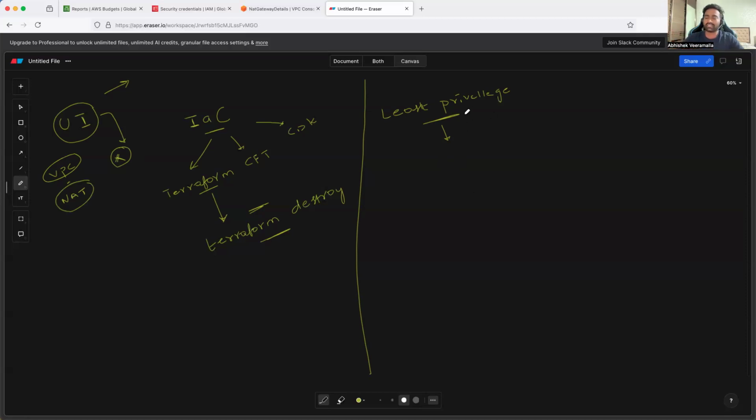What is least privilege? Least privilege says that give access only to what is required. Of course, the actual meaning of least privilege is to almost try to take it to zero privilege, where nobody can have access to create the resources apart from the DevOps team or the SRE team. But